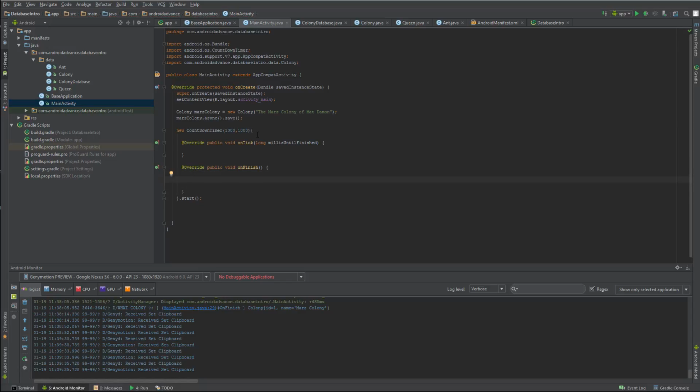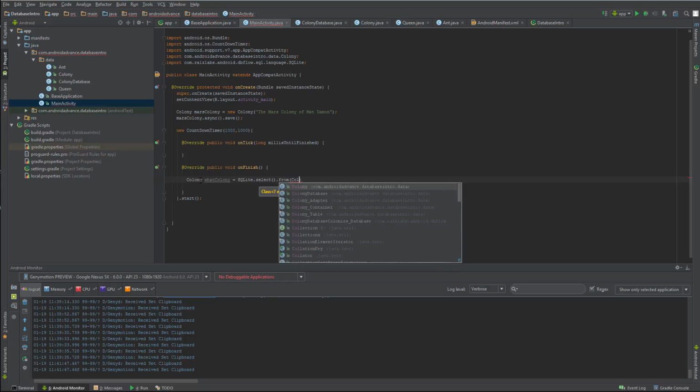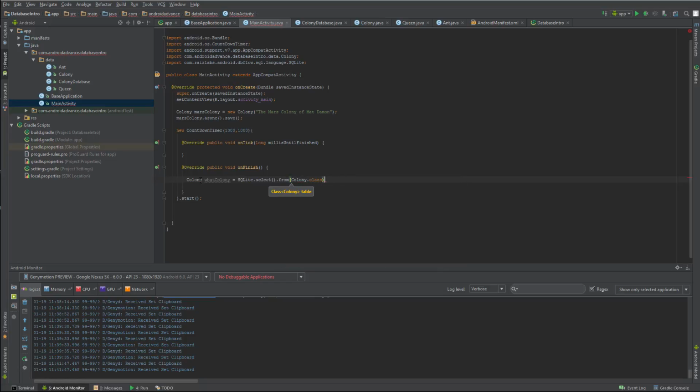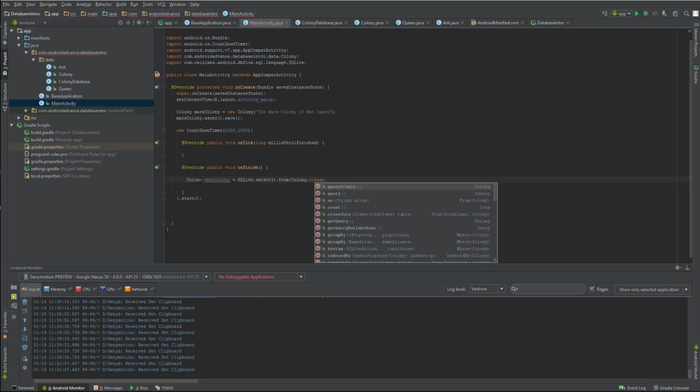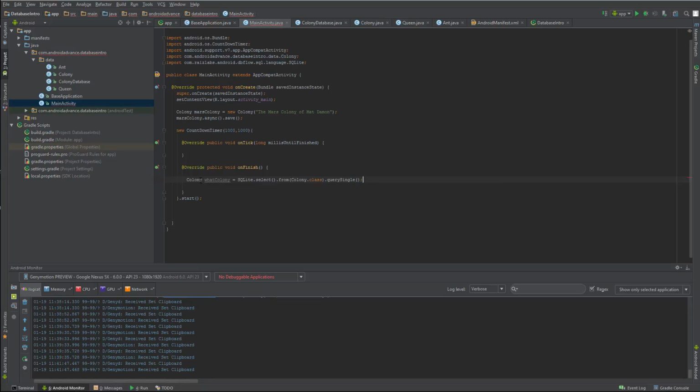We want to read it, so we read it in the following way. We have colony, what colony, SQLite.select.from, and here we have to pass the class, the class which we want the object returned, and we have here many options. I will just choose query single,